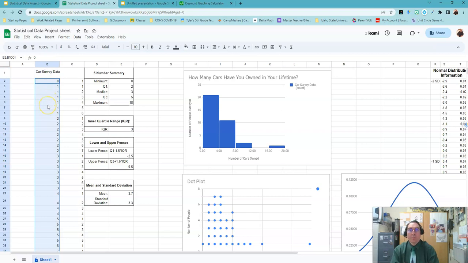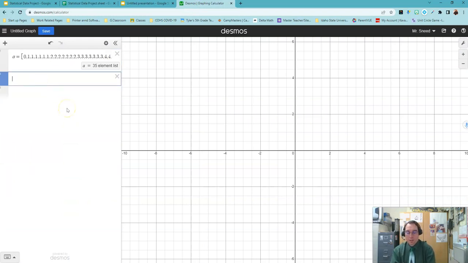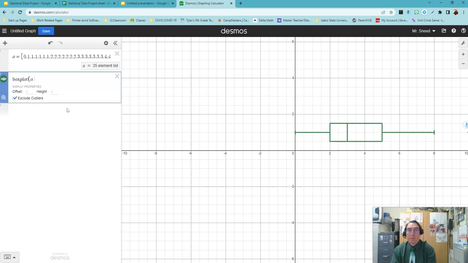I have to remove this first one, but that's all. You press Control C to copy all of your data values and paste them right into Desmos. Then on the second line you're going to type box plot and then put parentheses and the letter you chose, in this case A. And automatically it's going to pop up with a box and whisker plot. You don't want your outliers excluded. You want the full box and whisker plot,